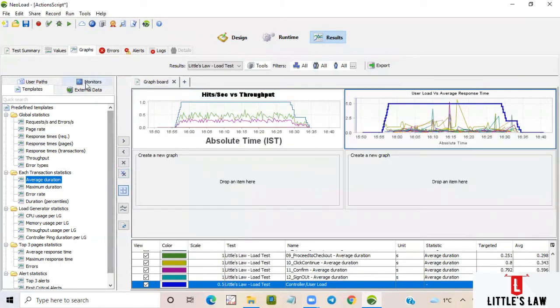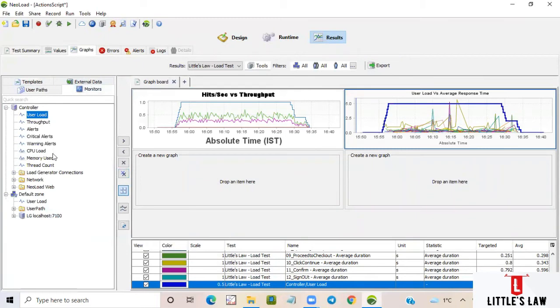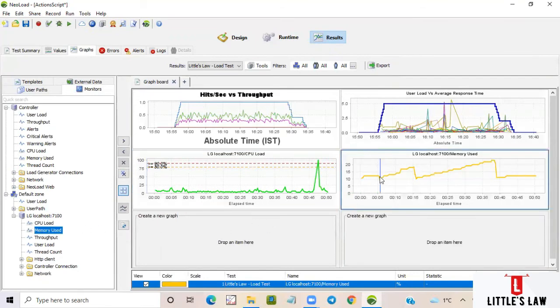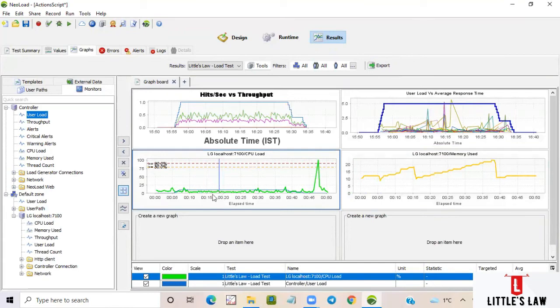In case you have any monitoring data of any CPU or memory, you can also do it. Since I'm having only the host CPU load, let me just show you how to do it. I'm just dragging and dropping in the CPU load and the memory used. Memory used will be in a separate one, and then I can bring the user load here.